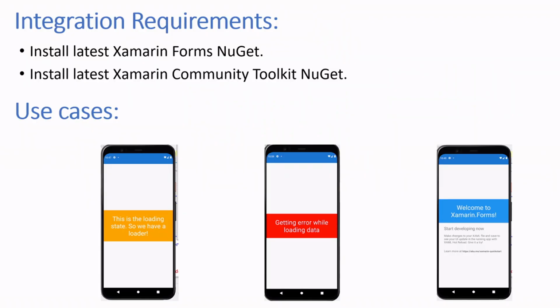Let's see what all the use cases of state layout in Xamarin Forms are. State layout displays a specific view based on the specific state. Like if you display any design on a screen, it contains multiple states like loading state, successful state, and error states. For example, if you want to display any data on the screen and that data needs to come